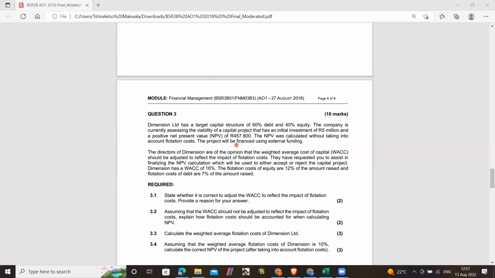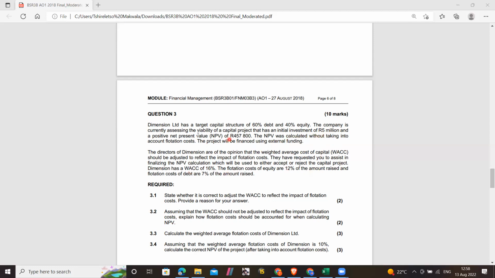So if there's risk to that specific asset or project, they're telling you maybe that these cash flows carry a risk, like a business risk, then you're going to adjust the WACC. But because there's no risk here, really,